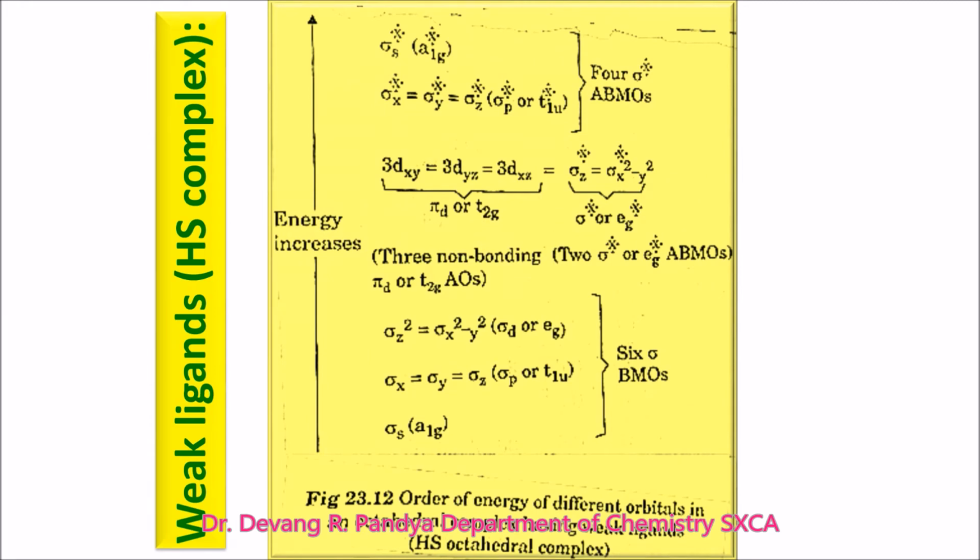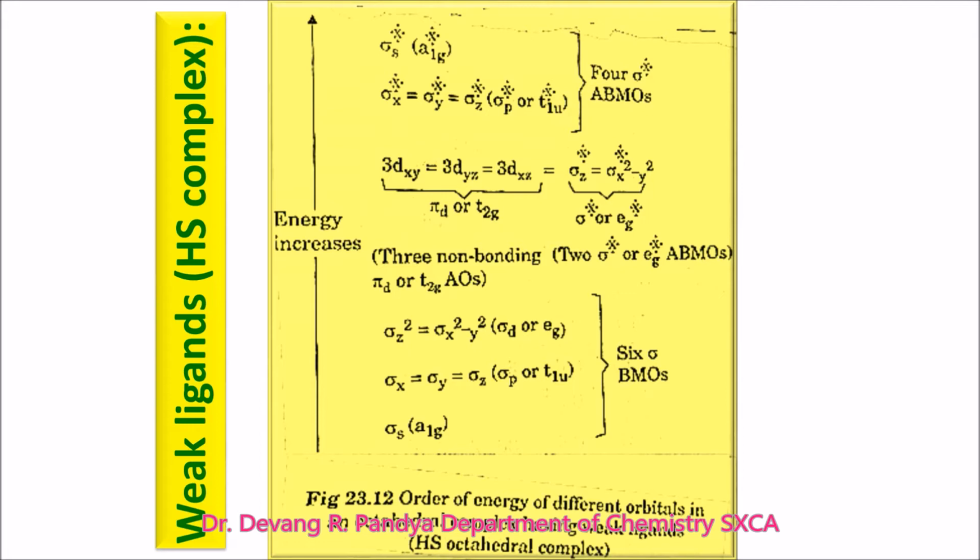Now here also you can see that sigma s, that is A1G, and sigma x, sigma y, sigma z, that is sigma p orbital branded as T1U, and sigma z dz squared and sigma dx square minus y square, that is sigma d orbital, that is Eg, that is 6 BMO, remain lower in energy, above which we have LGO. Here we have 3 non-bonding orbitals, that is T2G, d3dxy, yz and zx, and because the spin pairing energy is